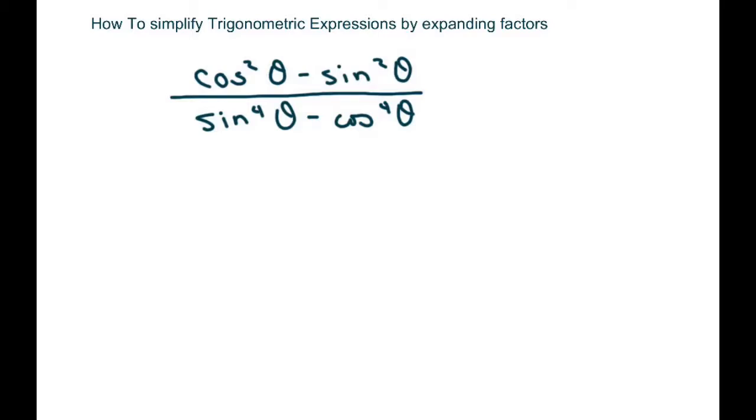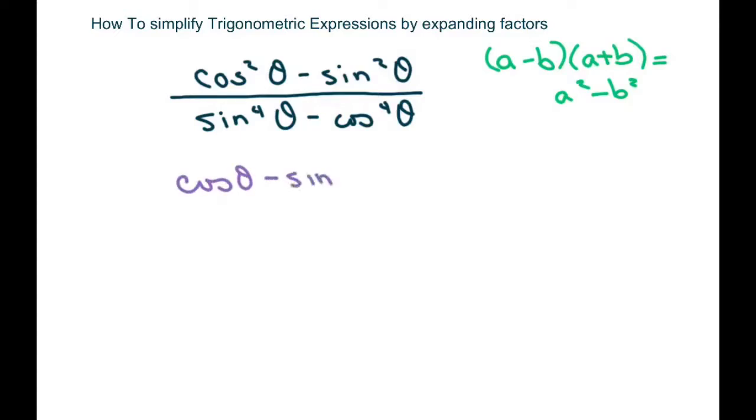We're going to simplify trigonometric expressions by expanding factors. We're basically using, in these two videos, the fact that a minus b times a plus b equals a squared minus b squared. And so I'm going to do that with my numerator. I'm going to get cosine of theta minus sine of theta times cosine of theta plus sine of theta,